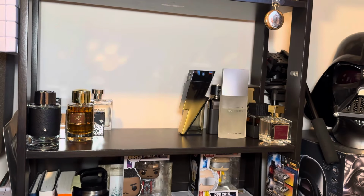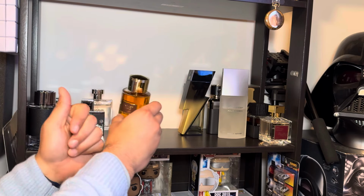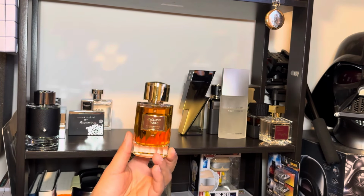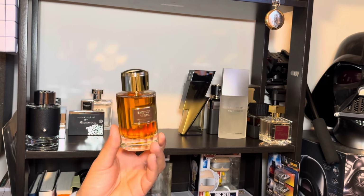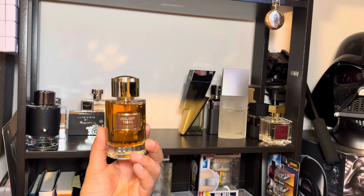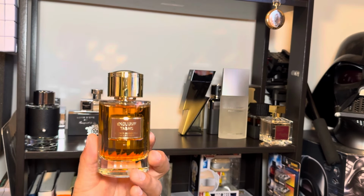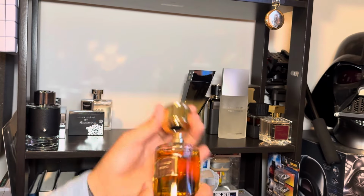So 100% you could go ahead and blind buy that one. This is Exclusive Tobacco by Mason Alhambra. This is super, super good, but I don't think a lot of people are gonna like it. It smells really, really good, and it reminds me of the Amber Oud Exclusive Blue, but